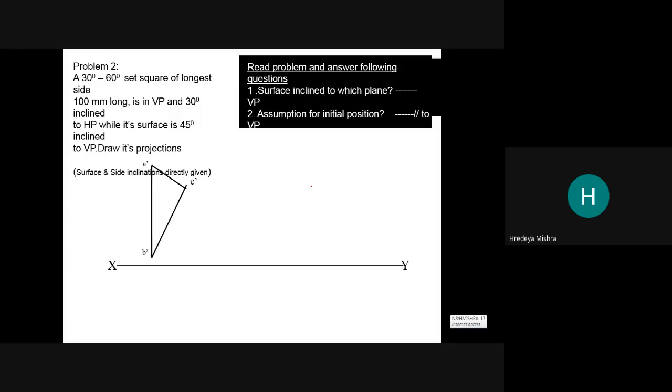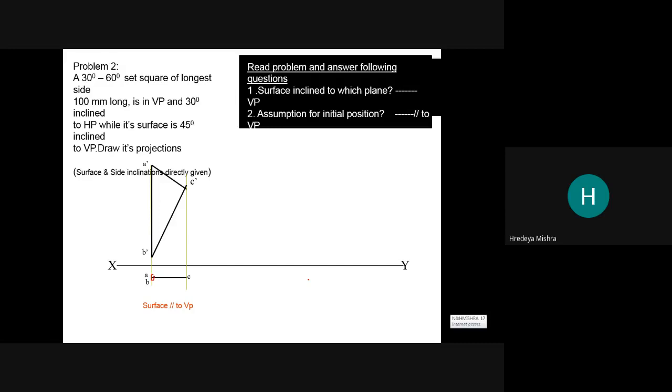Here A dash, B dash and C dash are there. Now we draw the projection. So we get here a line, and here we get 2 points overlapping, A and B, and here C is there. Same thing is here: C, A and B, and here is C. Whatever is overlapping, we just show on the same position.